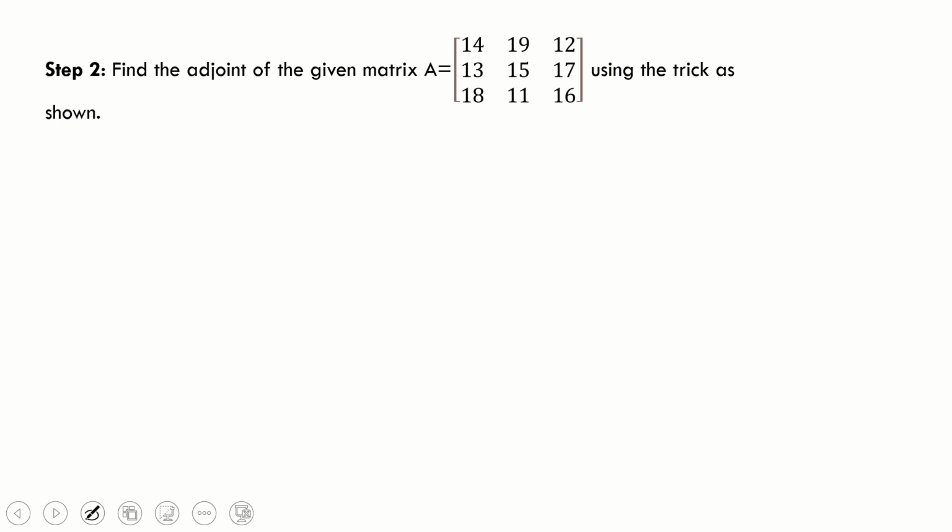Now we have to find the adjoint of the given matrix A using the trick as shown. So, take a deep breath, then keep all your focus on the lecture now, because we are going to find the adjoint of the matrix and we are going to use the trick. The trick is that, first of all, you pick up the central element 15 and write it down